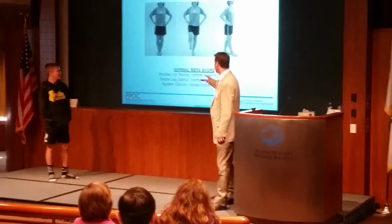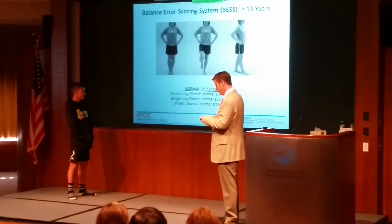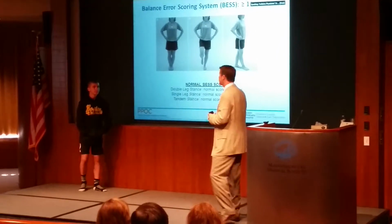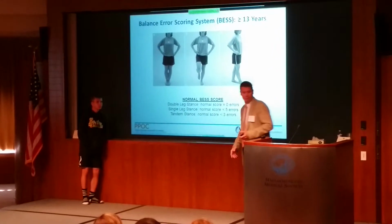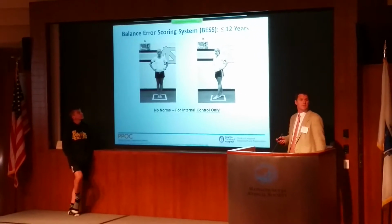So, his scores are essentially normal here. So, BESS is negative in this case. Now, if you're working with a younger child, so somebody who is 12 years or less, so,